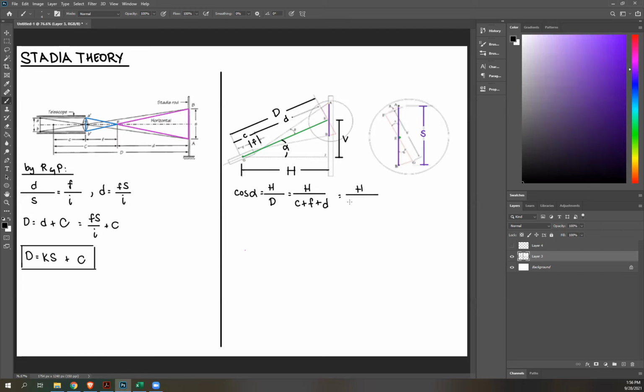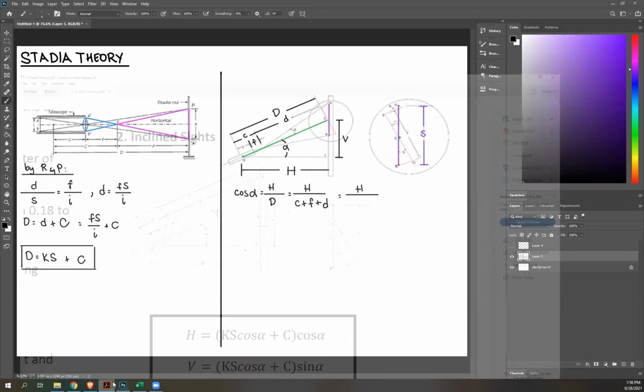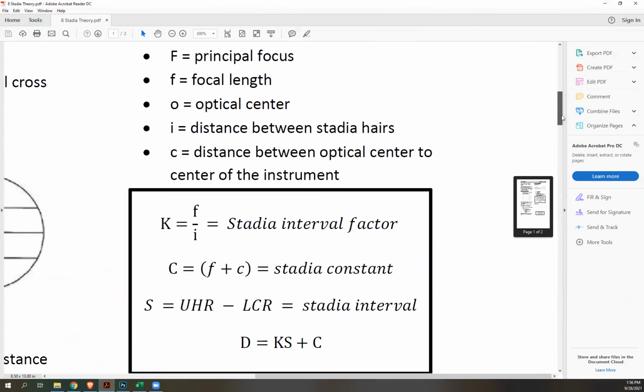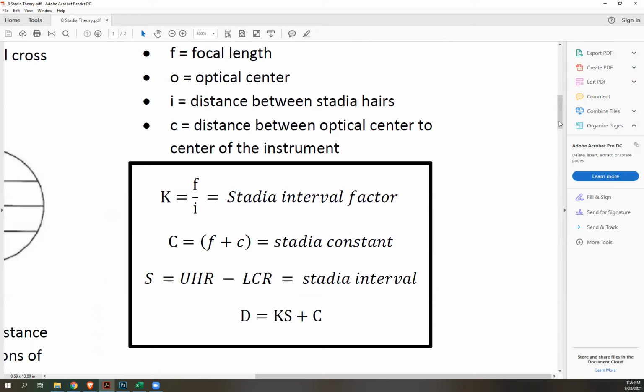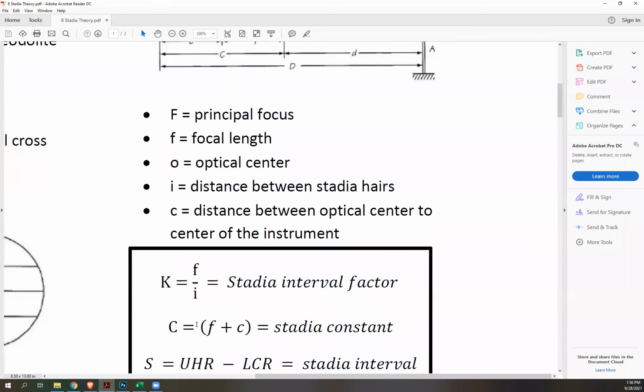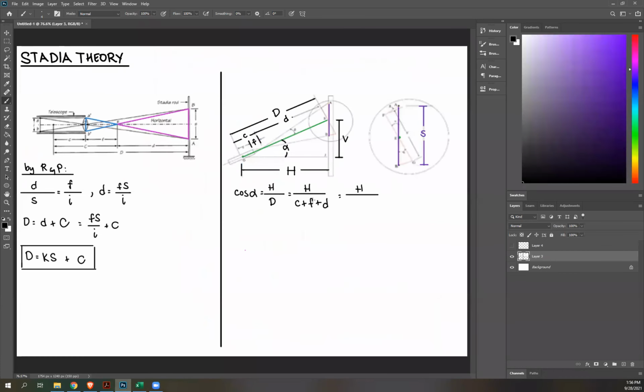So C. Remember, we have an equation for F plus D. That's just your F plus C, that's your capital C. So I can rewrite your F plus C as the Stadia constant. So F plus C here is just C plus D. And now I just have to get this D. And remember, that D can be rewritten as